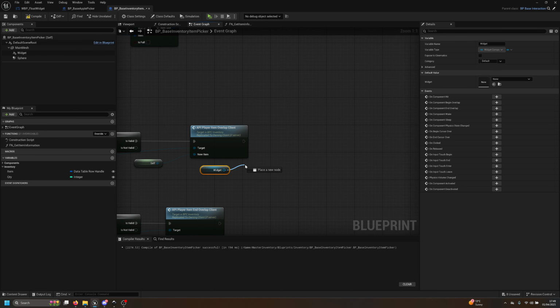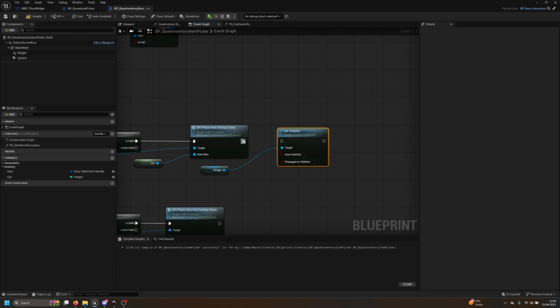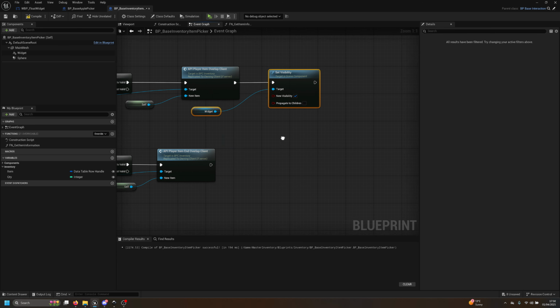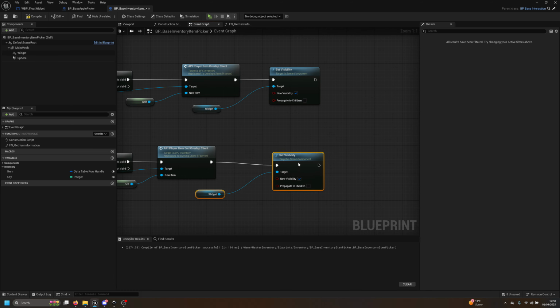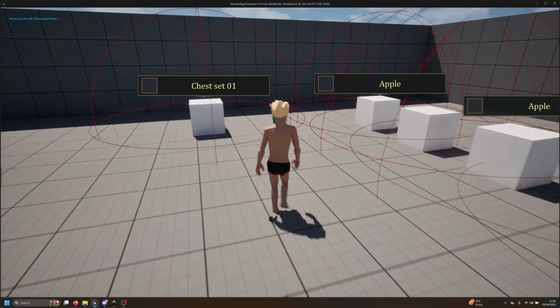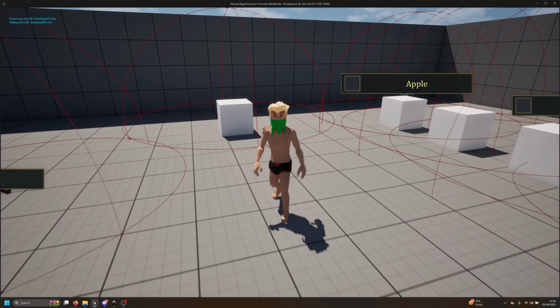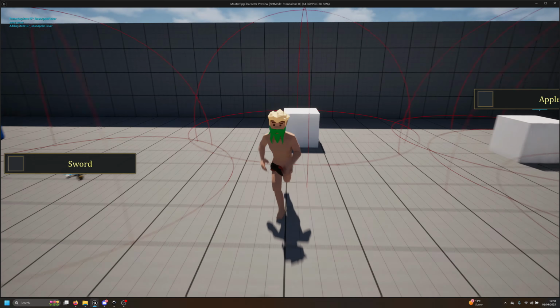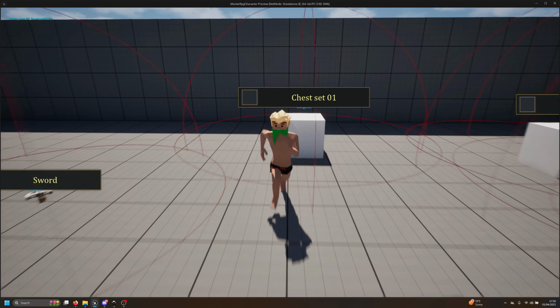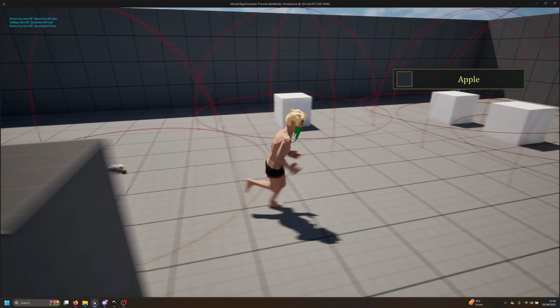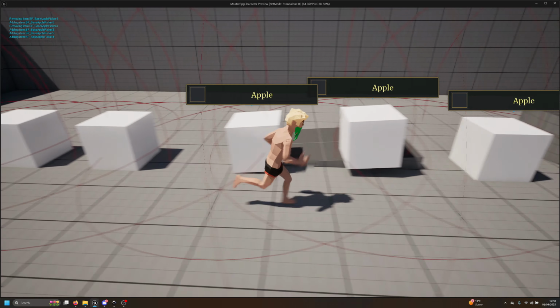And when it's valid, we set, I think it's called visibility. And we want to make it visible, right? And when the player leaves out of range, we want to make it hidden, right? So something like that. So let's see. If you go here and you leave up, down, up, and down. So it does work. It's just that it's not working